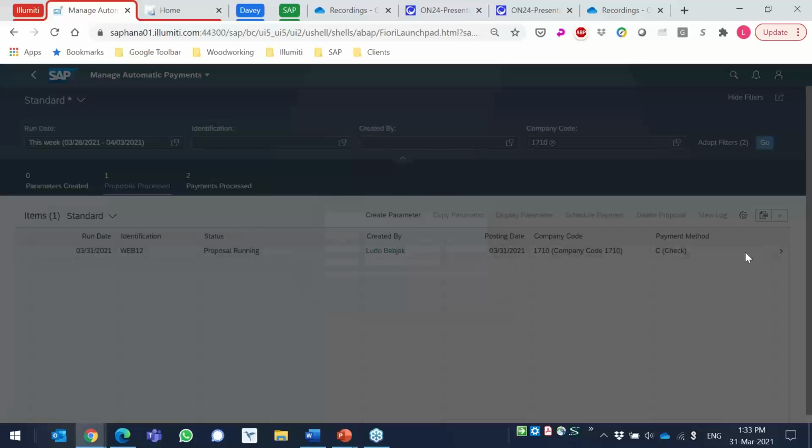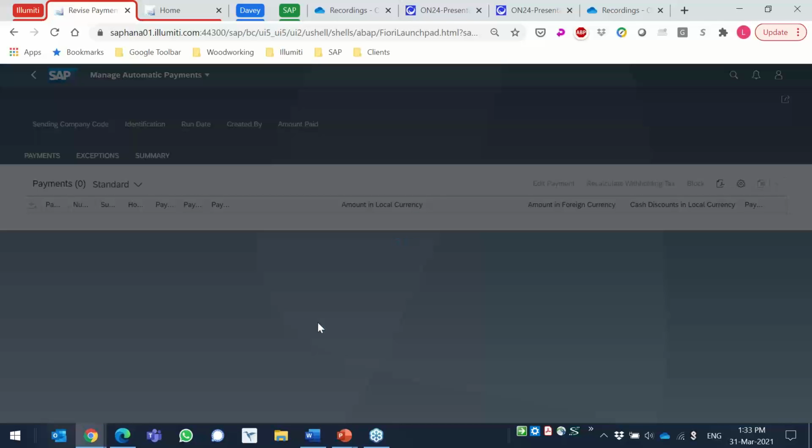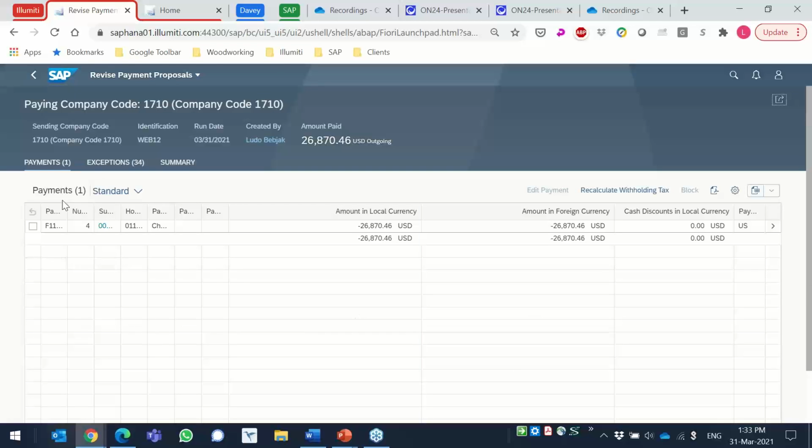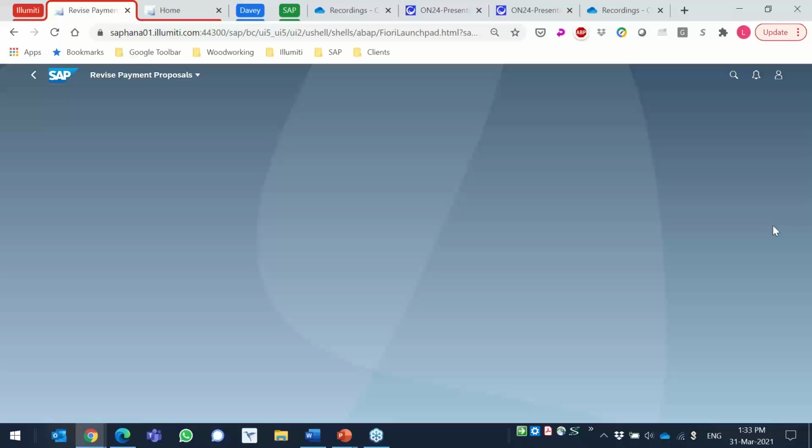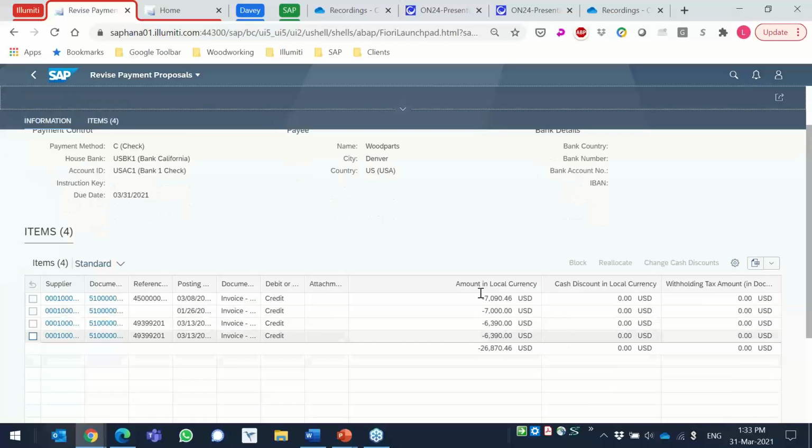I can come here and you can see that my amount for payment has changed, because now I have these 7,007 something on my proposal. So you could see how easily I could manage the payment run, the parameters, the proposal,